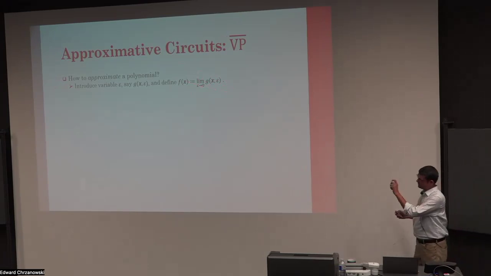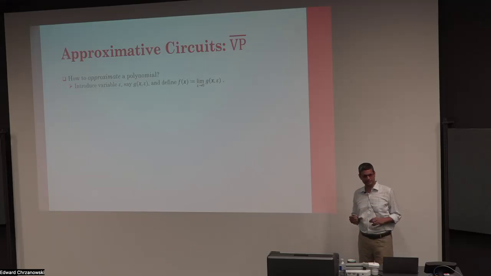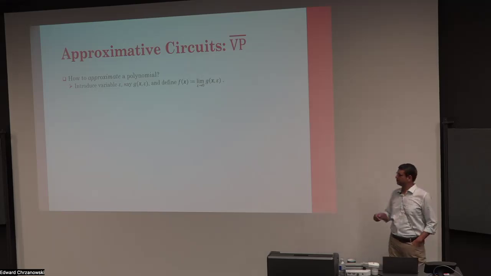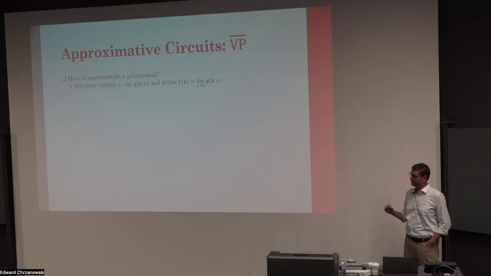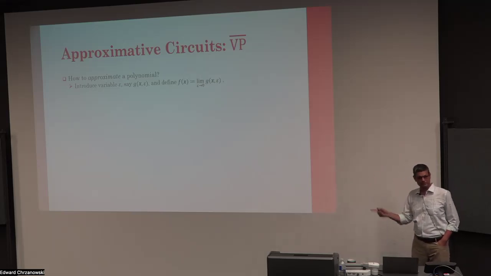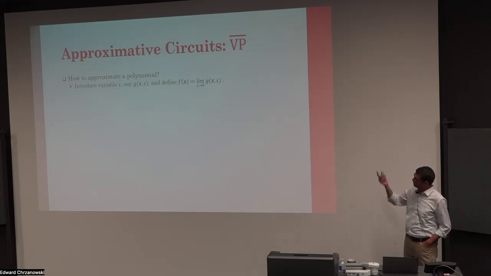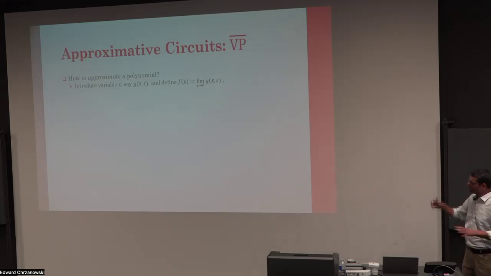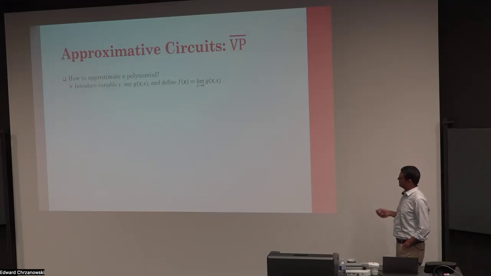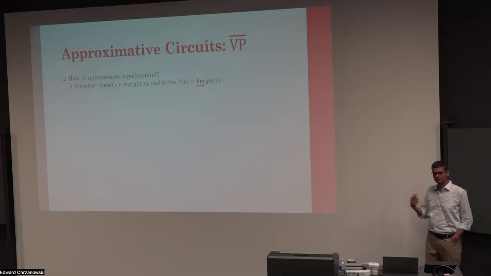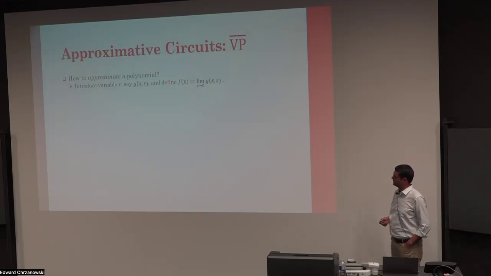Epsilon is considered as a field element, so there might be 1 over epsilon happening inside the circuit. So 1 over epsilon in the limit will go to infinity. That's where the limit is coming from. If it was just a polynomial in epsilon, then obviously you can substitute epsilon equal to 0, and there is no fun. But the fun is because G is a circuit with epsilon as a constant, so 1 over epsilon is there. And then you cannot just say 1 upon 0. It's infinity. But what may happen is two infinities may cancel, right? There might be 1 over epsilon minus 1 over epsilon. So it's infinity minus infinity and it's 0. So those things are happening inside. And be that as it may, ultimately it gives a polynomial free of epsilon. That's f. So if you can write your f like that via a practical circuit, then we say that f is